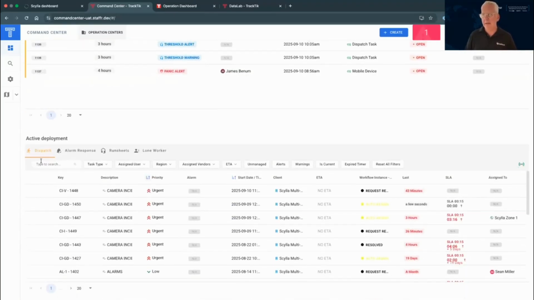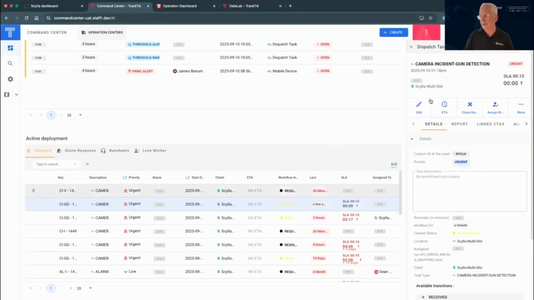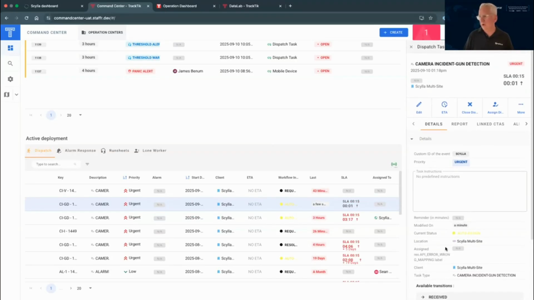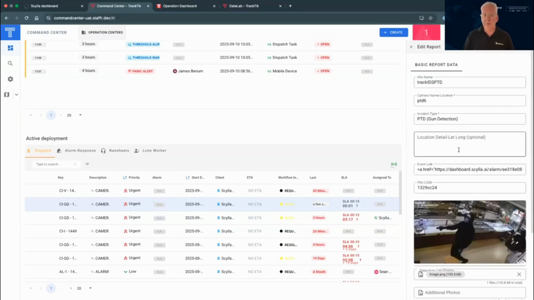And then around active deployment, this is where we are tracking the dispatch requests. So you'll see that this one came in a few seconds ago to the Scylla multi-site. It's urgent. And I'm just going to open this up, and you'll see in the details that it is gun detection, right? And so when I open the report, you'll see that image come through for the dispatcher to understand the situational awareness, the situation that they're going to be putting someone into